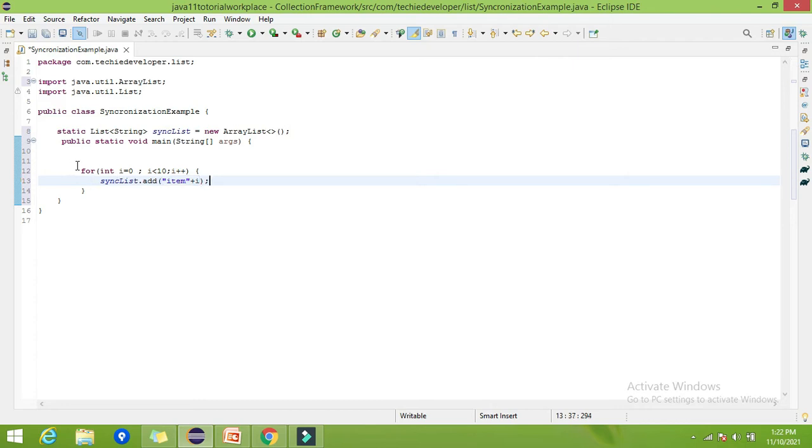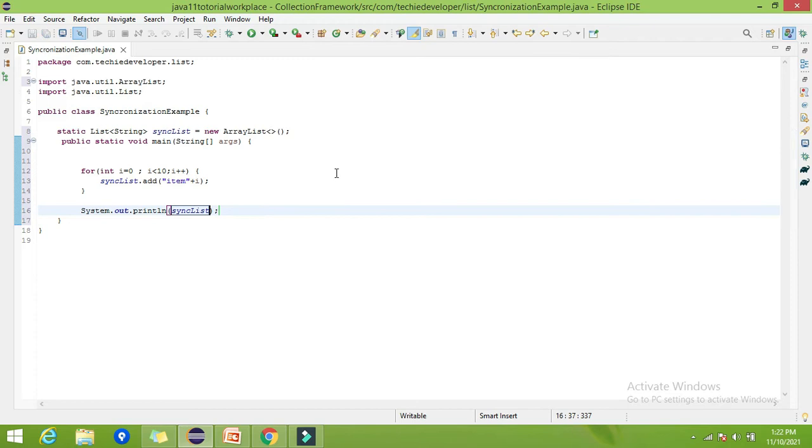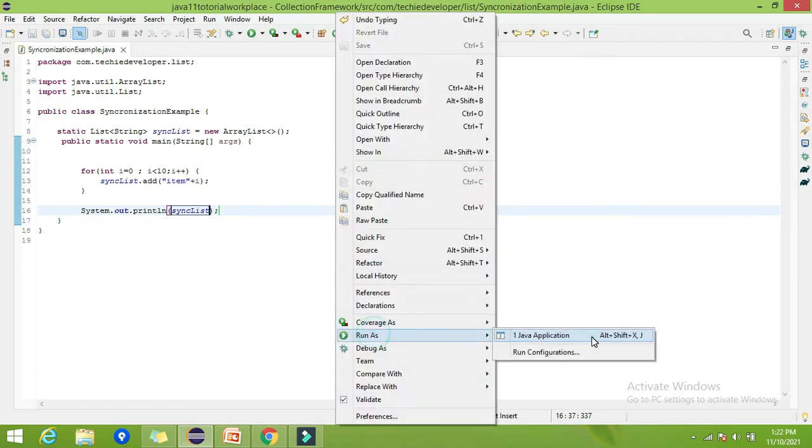So it will add 10 elements, item 0, item 1, up to item 9. After that just print the syncList to check whether these 10 elements are getting added or not. Now let's run this program.